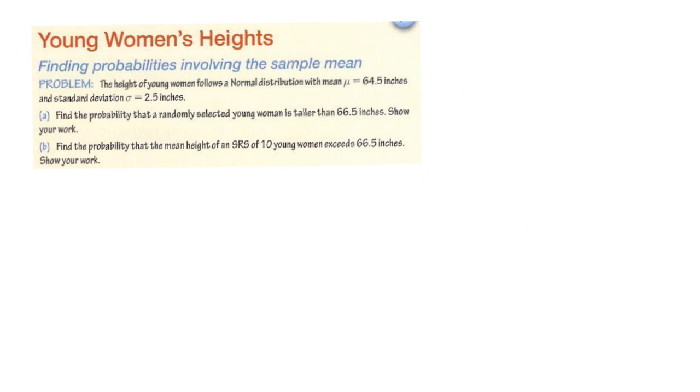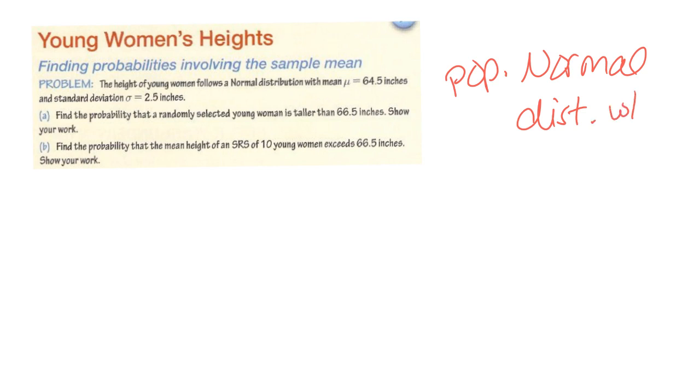Okay, so let's look at how we can solve these probabilities involving the sample mean using our normal distributions. If we know that our population has a normal distribution with a mean of mu and a standard deviation of sigma, then our sampling distribution of x bar